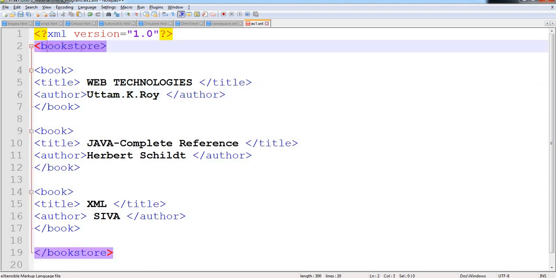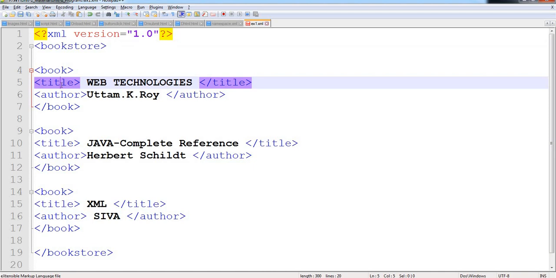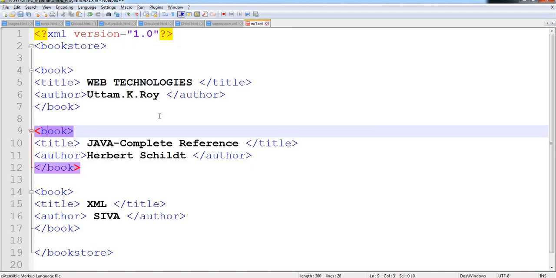These are all user-defined tags. Only title is a predefined tag. The remaining tags are all user-defined tags. With the help of user-defined tags, you can easily build XML documents. But in HTML it's not possible to create documents with user-defined tags. It is only possible in XML.